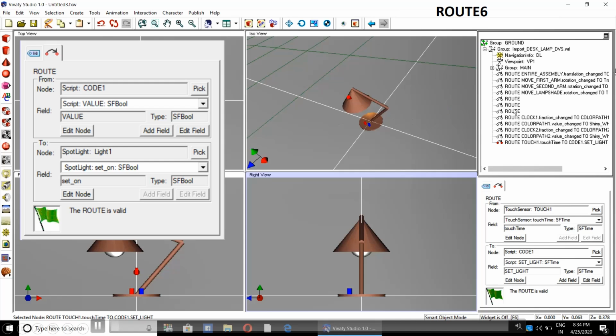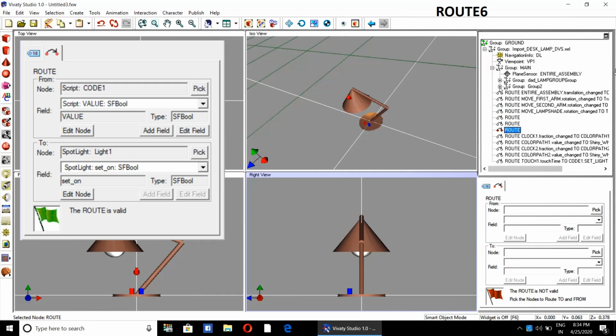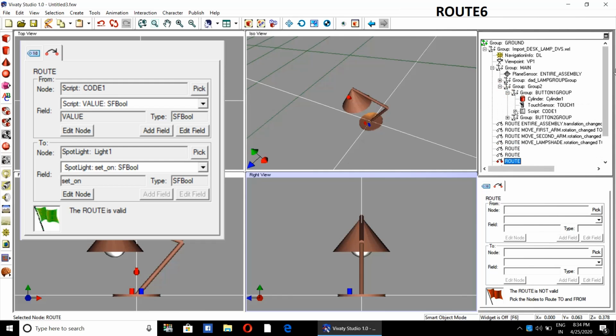Route number 6 is from code 1 to light 1. So select code 1.